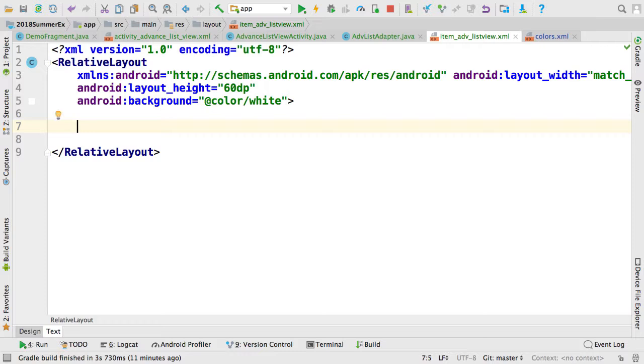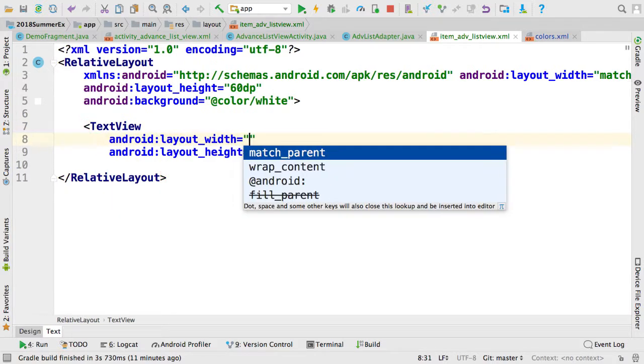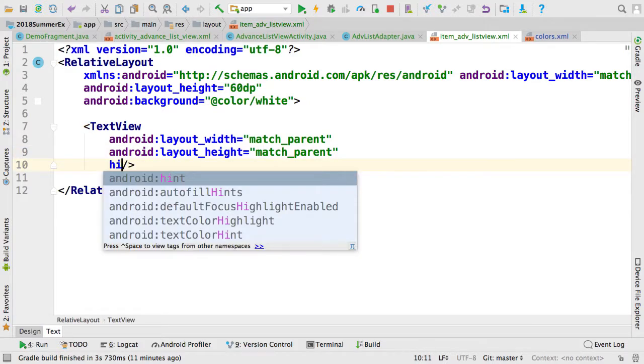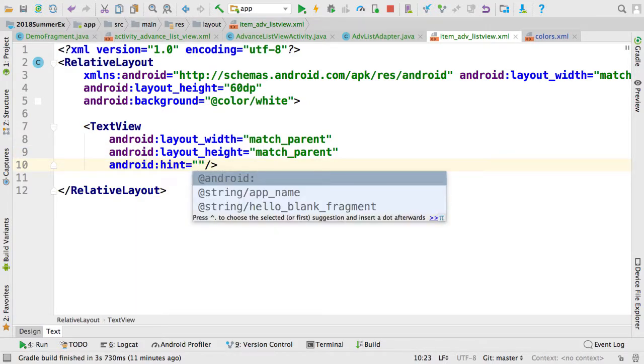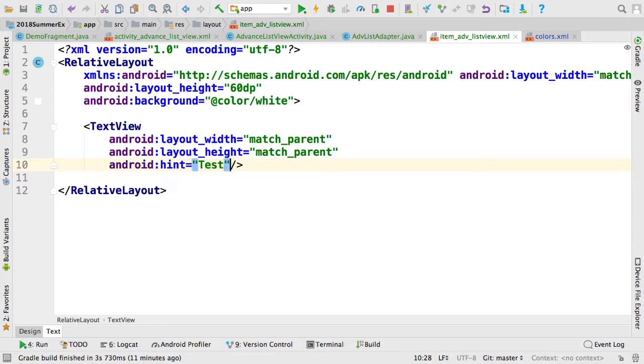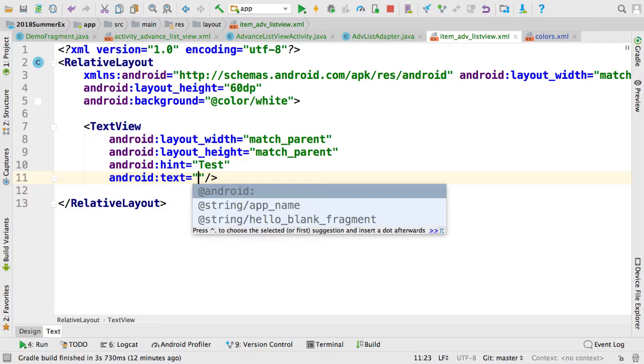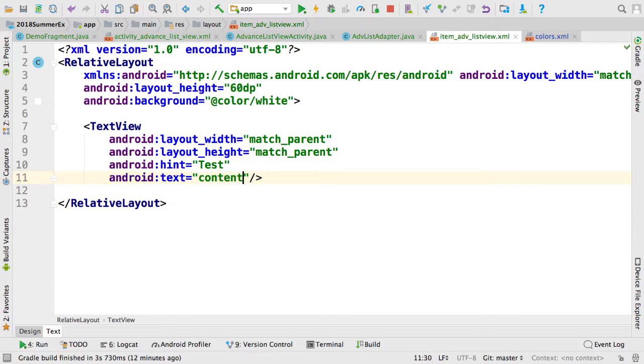To try it, we just put a text view and match parent. To give a hint, text. We can also set a text for the text view, like content. The difference between a hint and a text is the hint will show as a very light color,